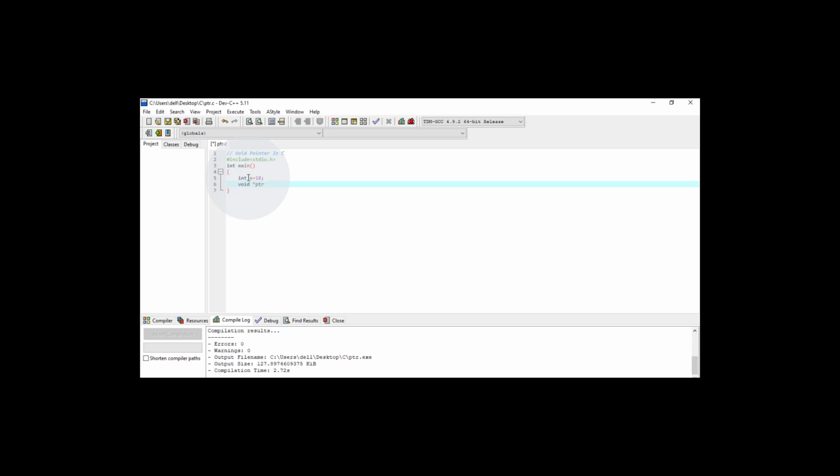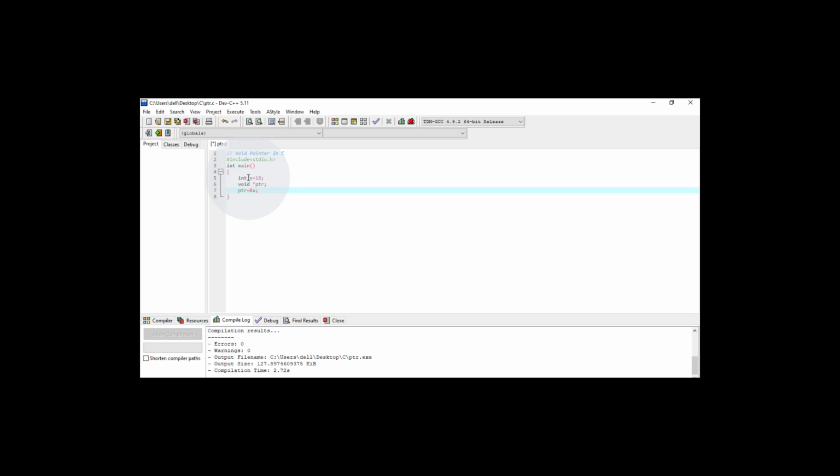An asterisk symbol has to be used, and this variable here is the pointer variable. Now to this variable I am assigning the address of the variable x, so I am using ptr = &x.